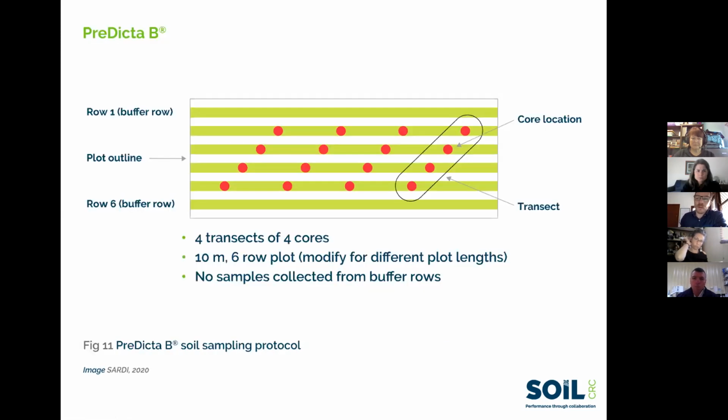So a number of soil cores are just taken off the shoulder of each row, and then you homogenize those cores into a single sample. That sample is sent off to South Australia, and the DNA there is extracted and analyzed using the available assays. You can request nematode assays, or you can stack assays together. And you can build up a pretty good picture of soil health